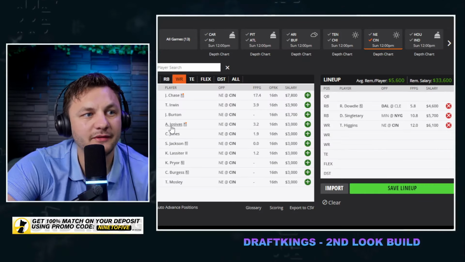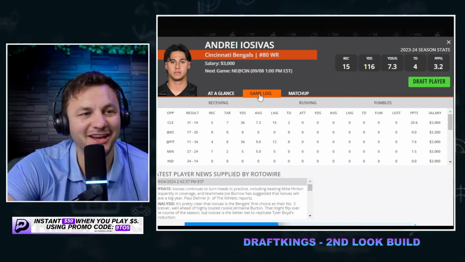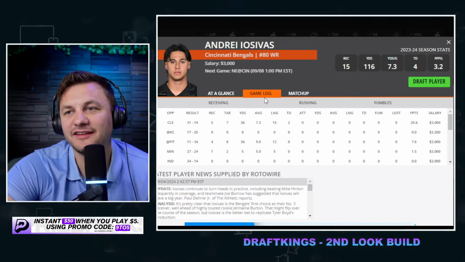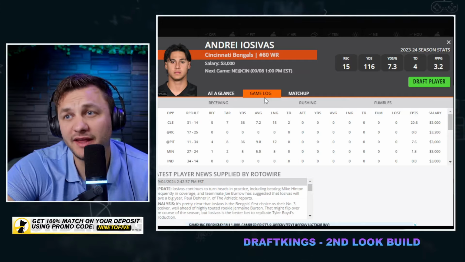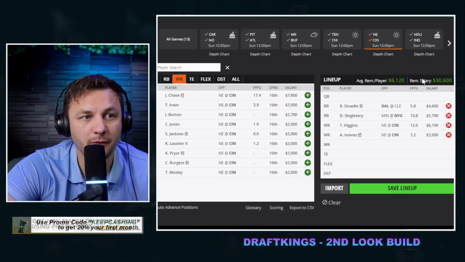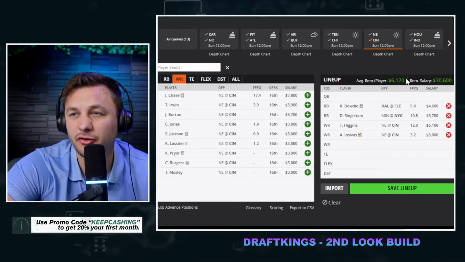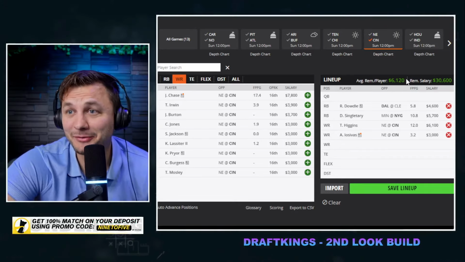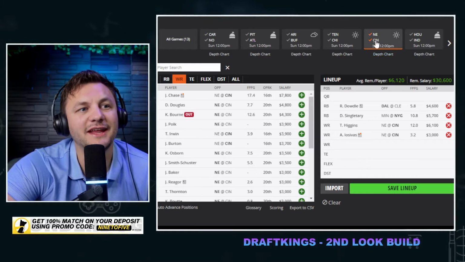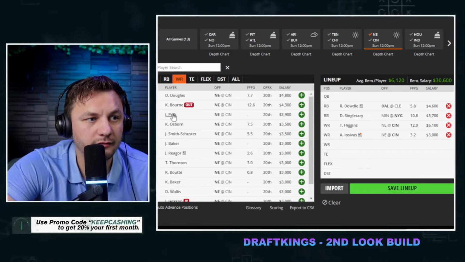But if that happens, we have Andrei Iosivas at such a cheap price tag that he is someone that would almost be a play that we have to go out of our way to make. And the nice thing about him is we can plug him in right now and feel pretty good about that price tag, pretty good about him being able to return at least 2x. I would expect 3x there. But even if we don't get the news that we want, you could probably just go ahead and swap to